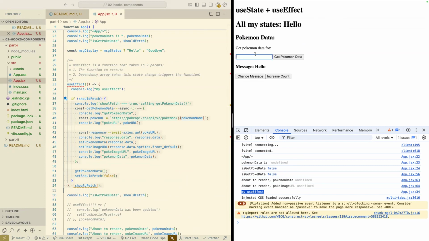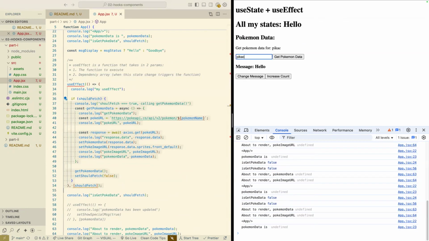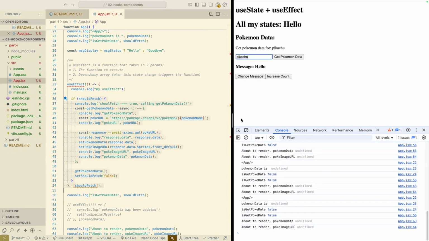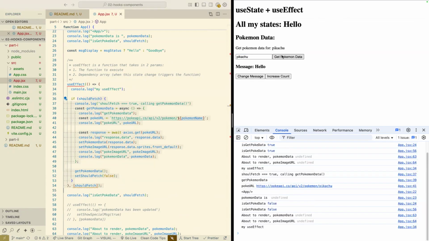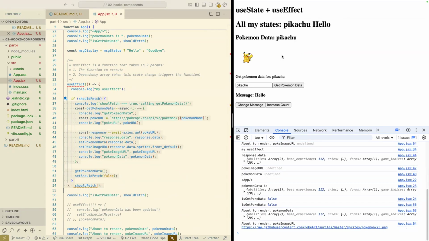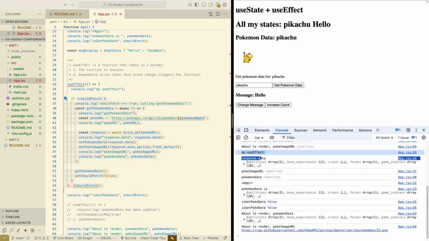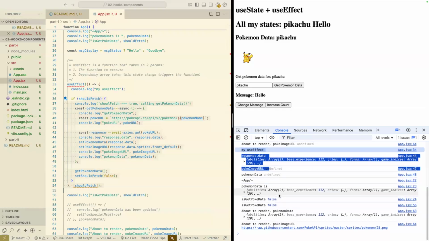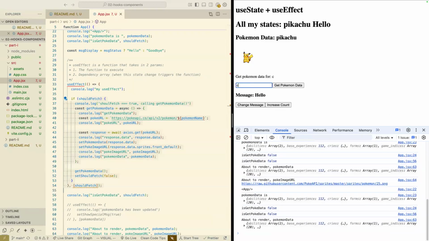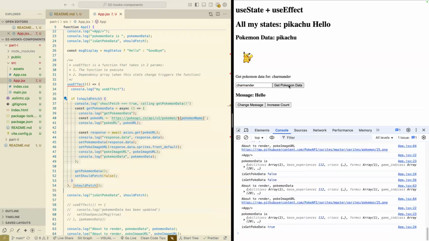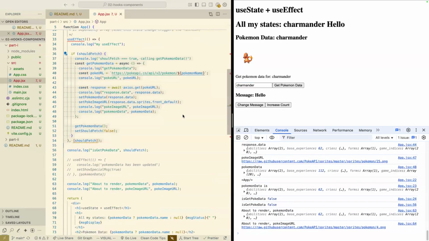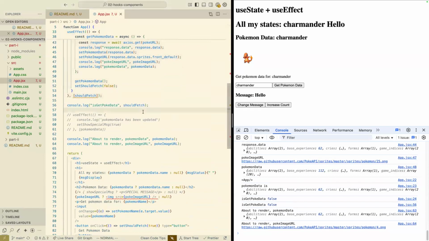And in fact, as I type in here, Pokemon name, all the stuff we would expect. And then we see the useEffect fire. We see Pikachu show up. We see my useEffect, and that we're actually then inside that if statement. Then we set should fetch back to false. And then if I type Charmander, we get the same thing. And now this other useEffect,